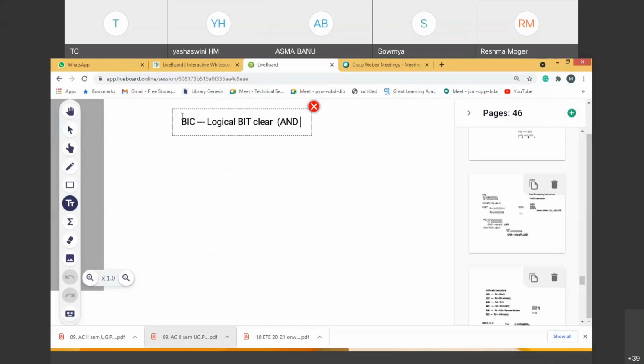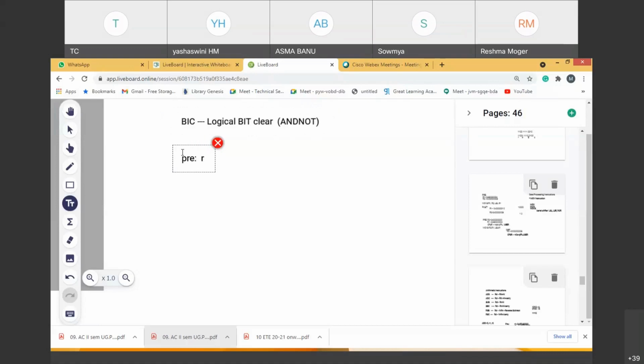What is that? AND NOT. That's what it is called, AND NOT operation. So what is the example if you take? If you take the example, it is specific. It is not with respect to hexadecimal numbers. It is not meant for 32-bit numbers. It is general binary numbers, and the representation is also binary.